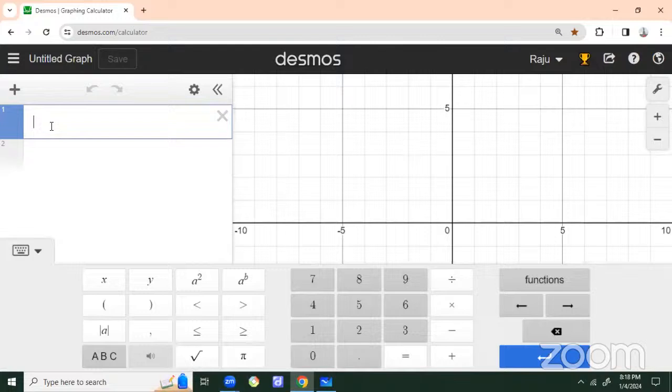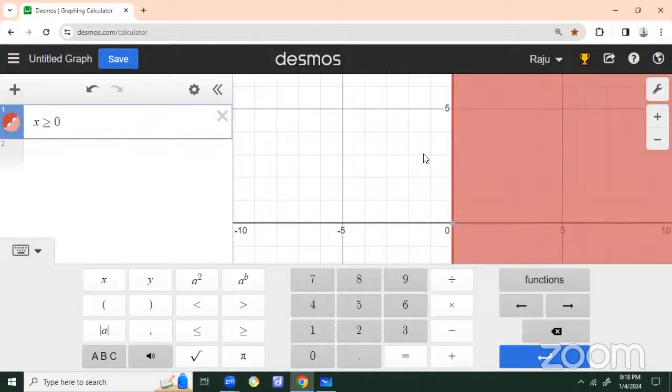Does anyone remember? Where was the solution of x greater or equals to 0? Is this the solution? Can you see on the graph